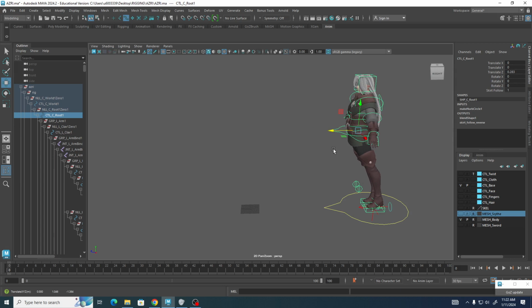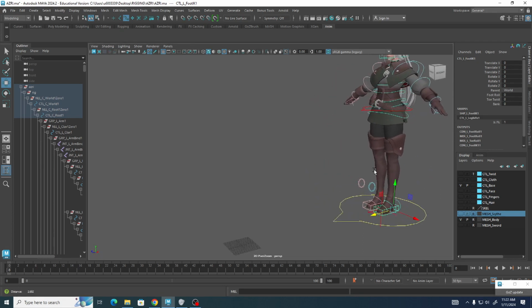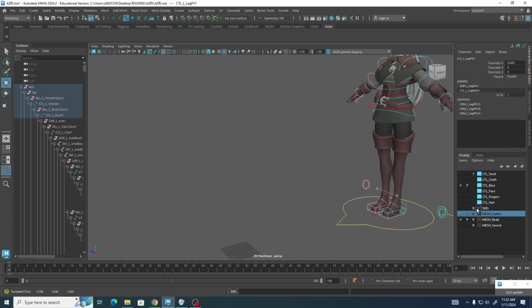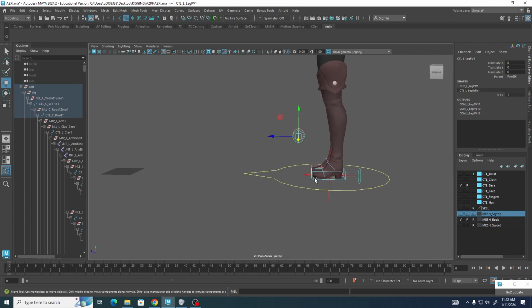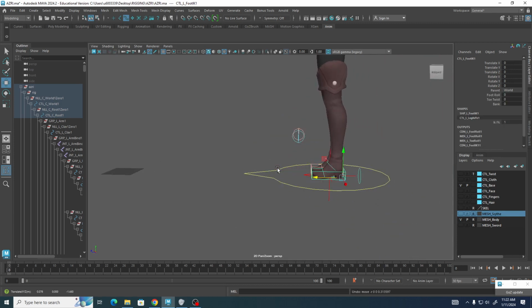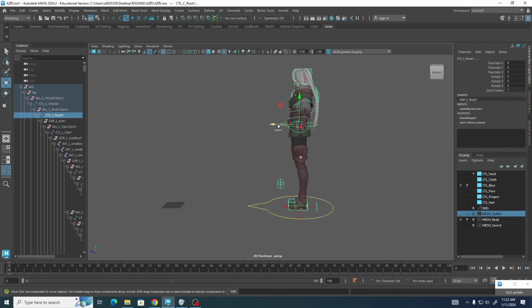So, let me see here really quick. Okay, and then this one right here is a twist control for the leg. But fortunately, that is parented to the foot. So we really only have 3 main controls to worry about in order to move the character forward. Okay? So rather than coming in and selecting each one of these every time I want to move them or key them,